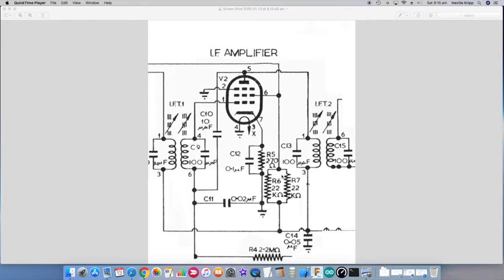Now, whereas the mixer was operating as a non-linear device so that we actually had mixing occurring, the IF amplifier will be biased into a linear portion of its characteristics so that it is a linear amplifier of the actual signal that's being fed into the grid. Out of the other side of this transformer, we essentially have the amplified IF signal, which contains the AM modulated signal on it as well. So that's a valve